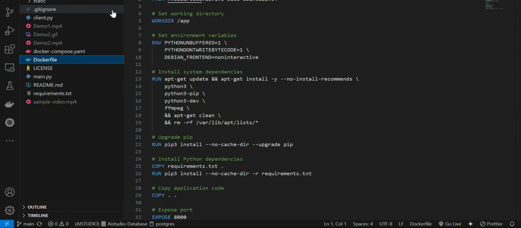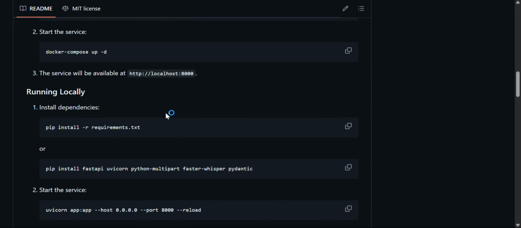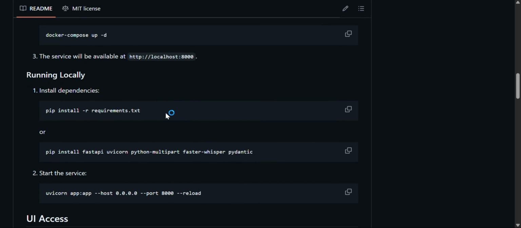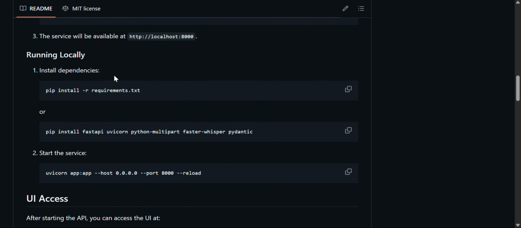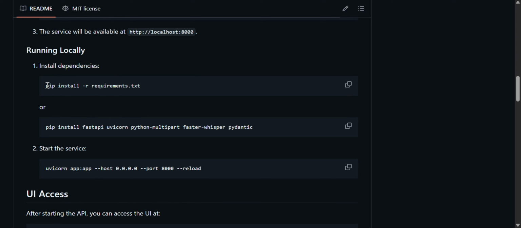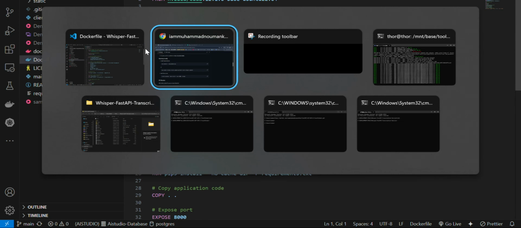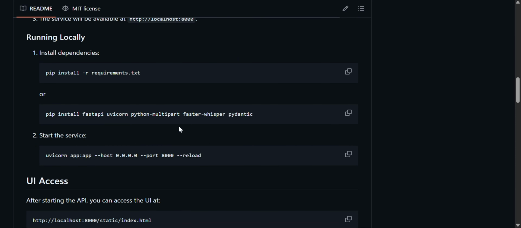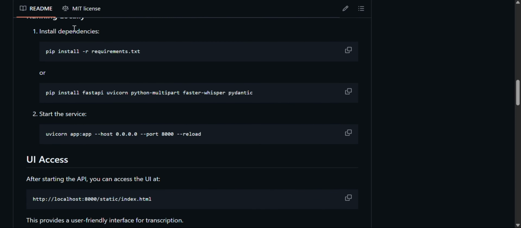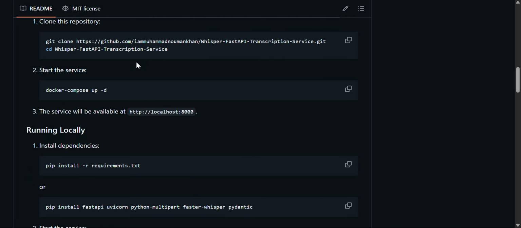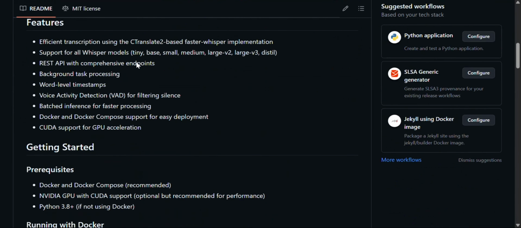So you can build a Docker container, or you can run it locally by just installing the requirements, like pip install requirements.txt in the same folder where you cloned it. We already have the requirements.txt file in this repository, or you can